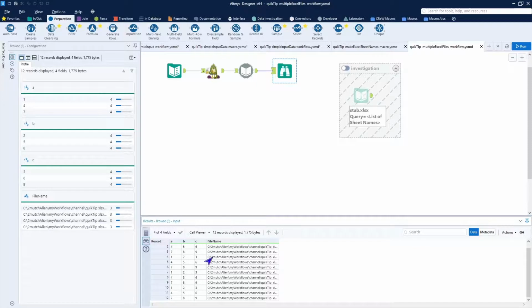So now we don't even have to use a macro to read the spreadsheets, but we do need a macro to make the file name for us, and then we pass that into the dynamic input. So this works when we have the same format of the same data file type. Where this breaks down, which is what we'll talk about in the next tip, is that if I have one additional file,